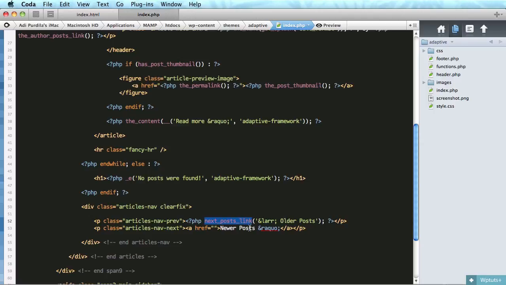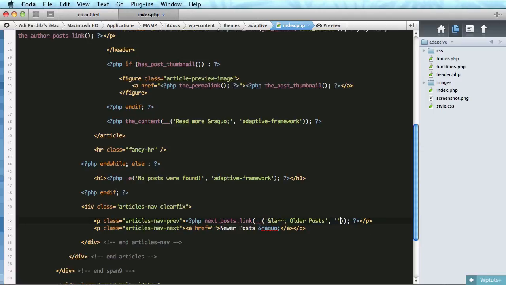Next posts will return a link to page number 2, which essentially are older posts if those posts are ordered by date. Yes, so this will be next posts link, and also let's make this ready for translation